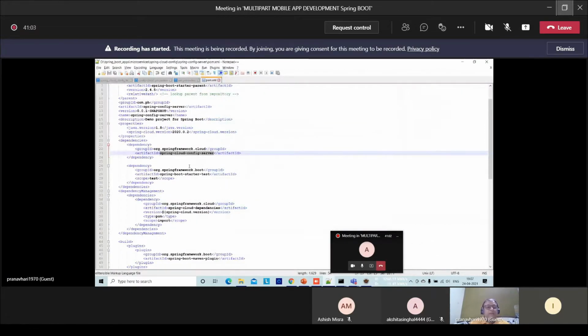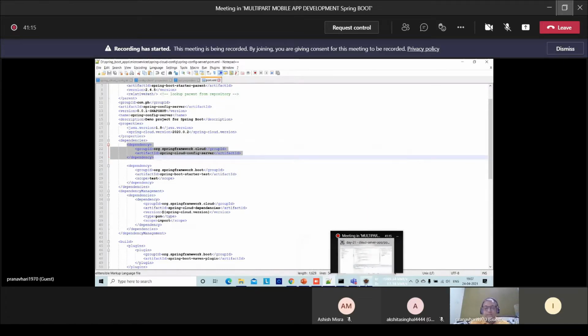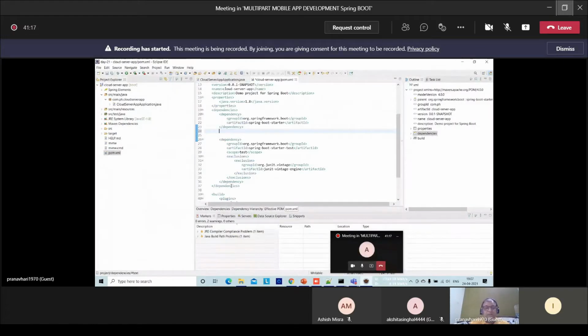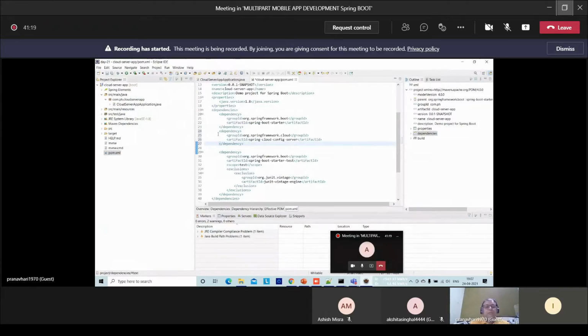Here, for creation of the Spring Cloud config server, we need these dependencies. Even if we forget by mistake, no problem. We can add dependencies anytime and save the application. Look, this dependency I had forgotten.